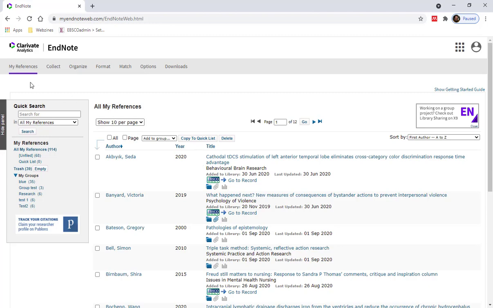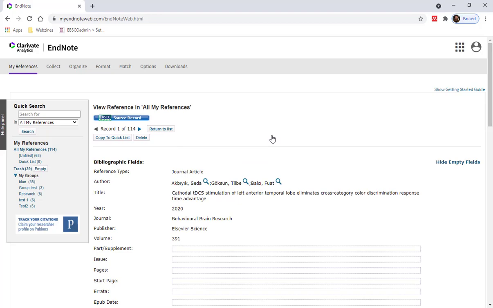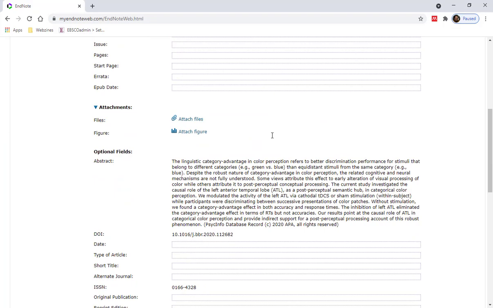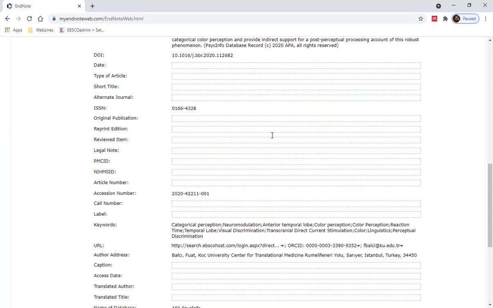Each new reference will appear under My References, like the references I've added previously. The search bar will allow you to search through the references you saved. EndNote Web will allow you to save the information about references, but it won't allow you to save documents automatically, so it will only save the information about the description of the document, but never the document itself.